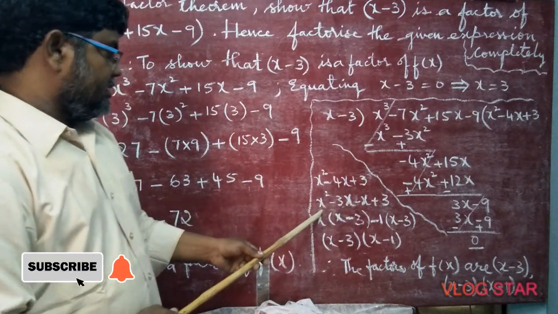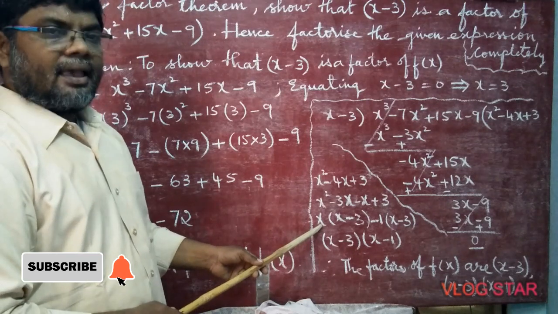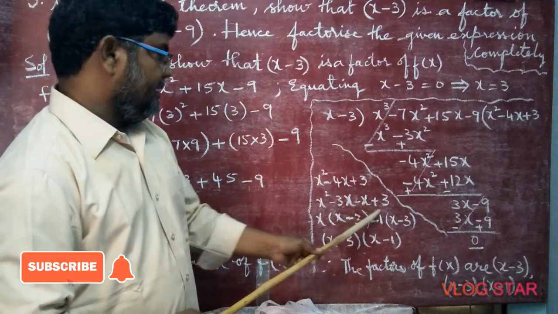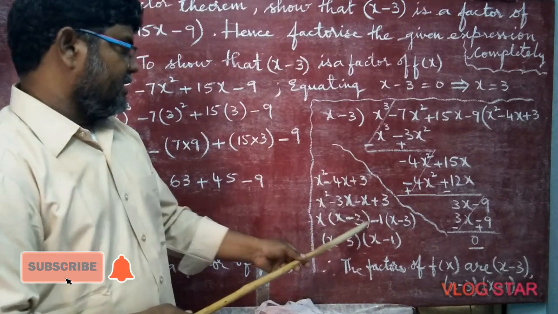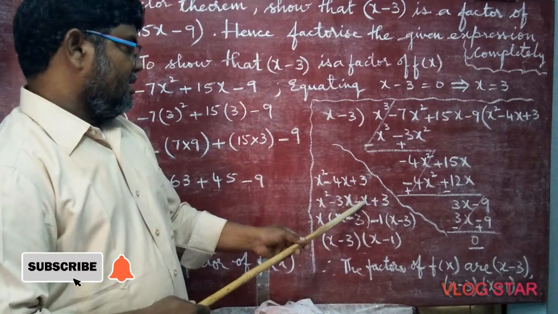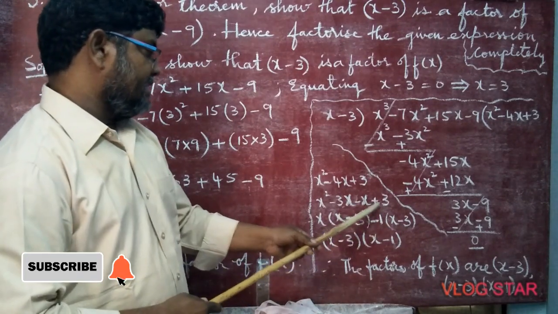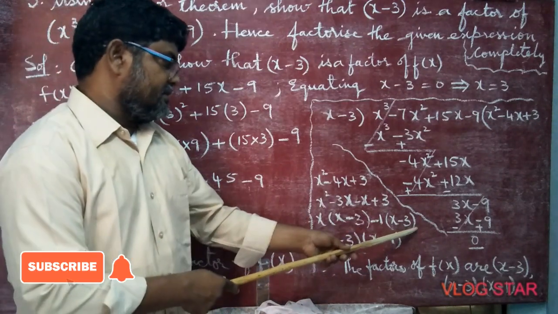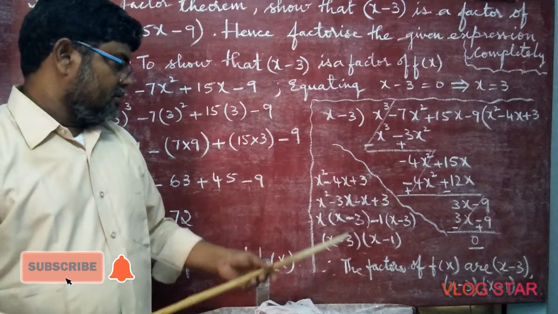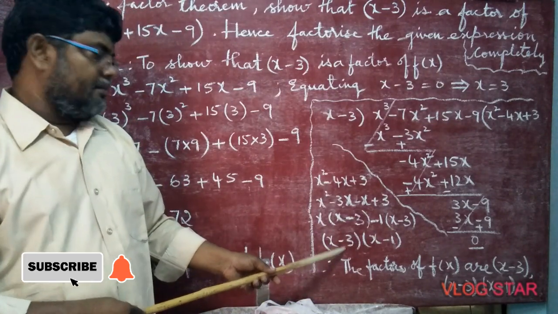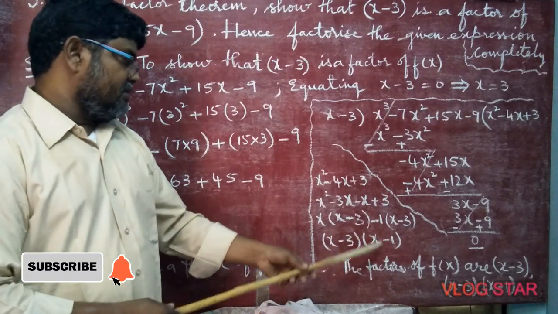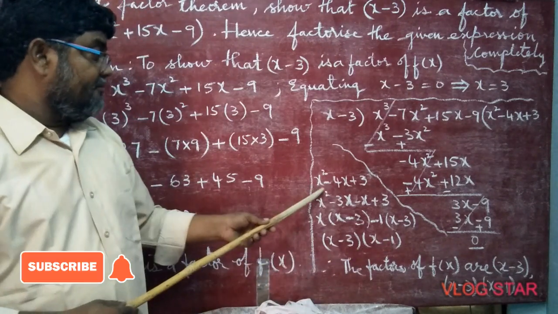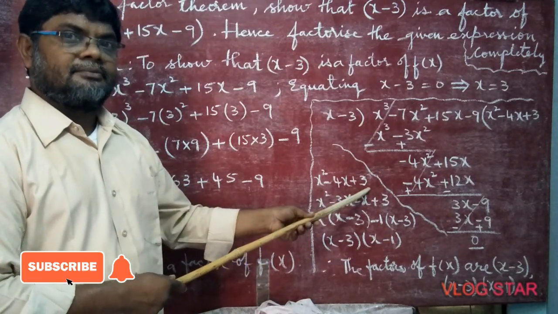Now, from the first two terms, x is common. Take x common: one more x is there, minus 3. And in these, nothing is common, you are thinking. So take minus 1. Then opposite signs: minus becomes plus, plus becomes minus. What comes in the first bracket as it is comes in the second bracket, you have to keep in mind. So for 2 terms, we have written 1 time x minus 3, and again x minus 1. So when we multiply x minus 3 into x minus 1, again we get this quadratic expression.